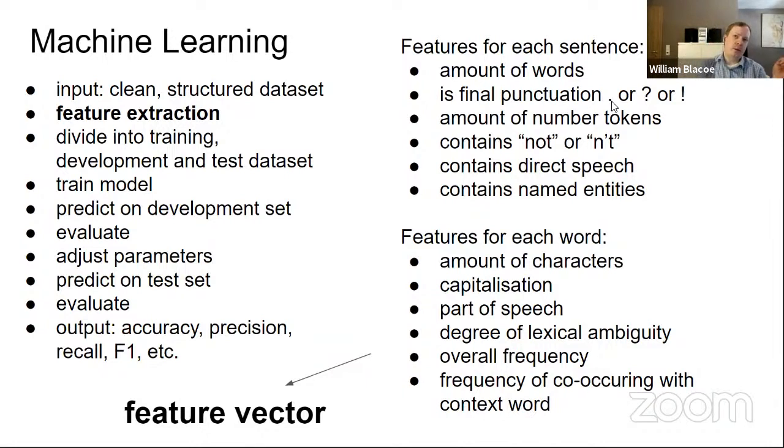And here you can't just give them values like 0, 1, or 2, because there's no arithmetic relationship between question mark and period, but there is between 0 and 1 and 1 and 2. So instead of doing that, you binarize this feature. You say one feature is final punctuation is dot, yes or no. Final punctuation is question mark, yes or no. Final punctuation is exclamation mark, yes or no. And for no, you put a 0 in that dimension of the vector. And for yes, you put a 1 in that dimension. And that works. That is allowed mathematically.